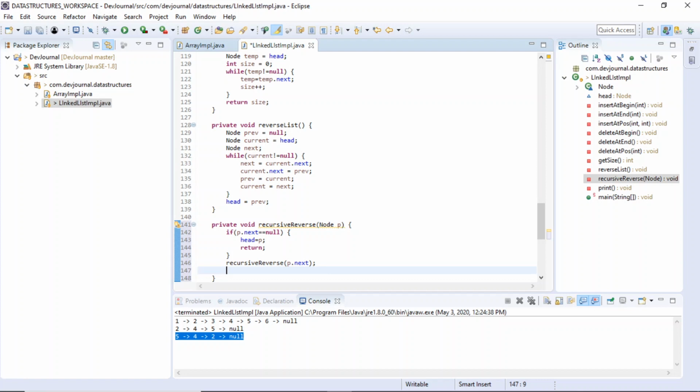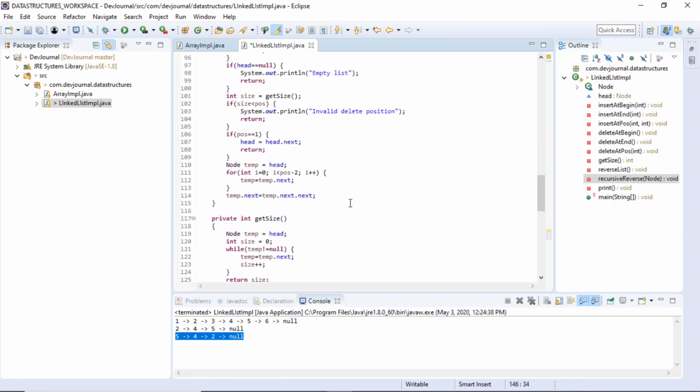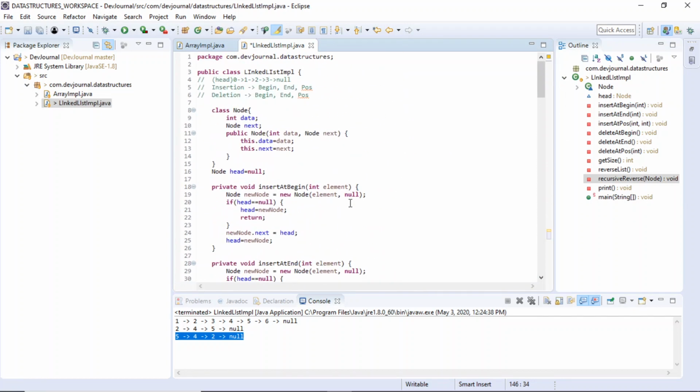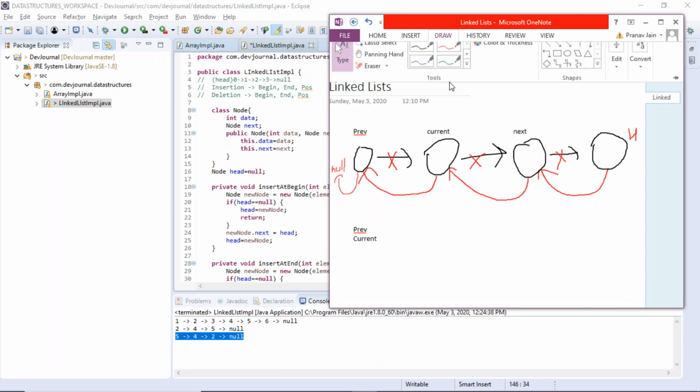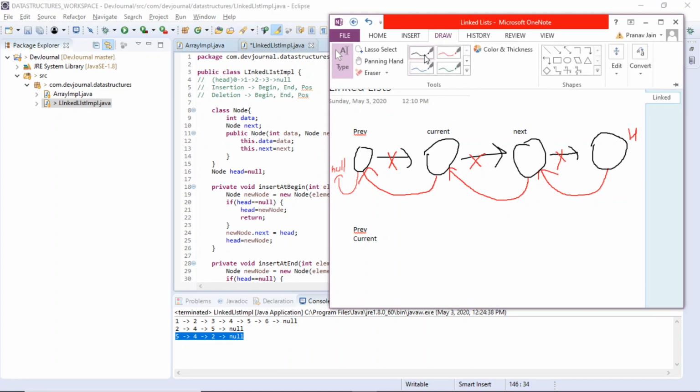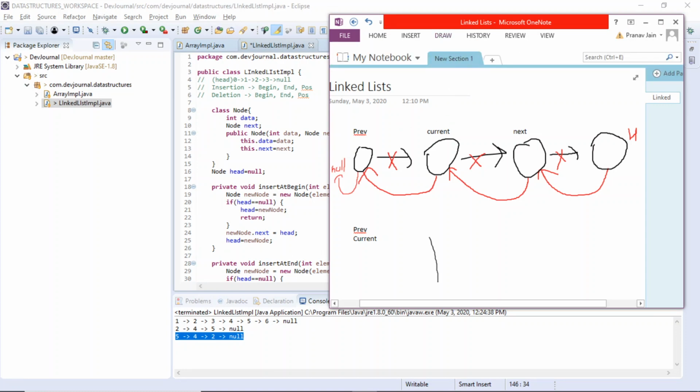First we filled the stack with recursively calling this, right? All the elements are filled in the stack. For example, if we had 0, 1, 2, 3, right? So we had a stack. Let me show you here. Let's say this is a stack and first comes 0.